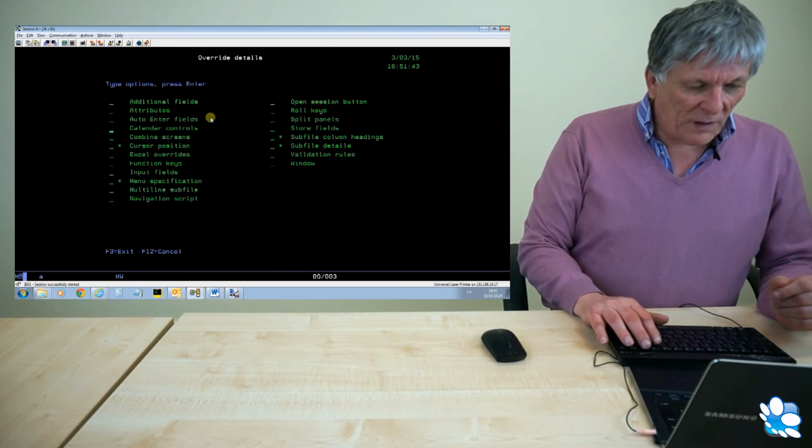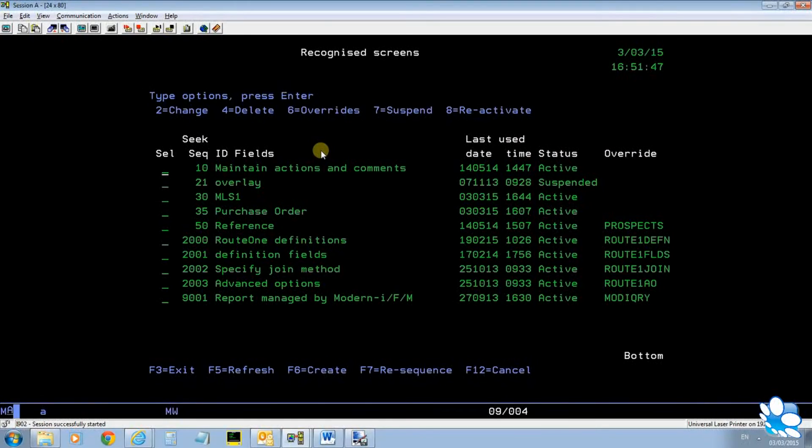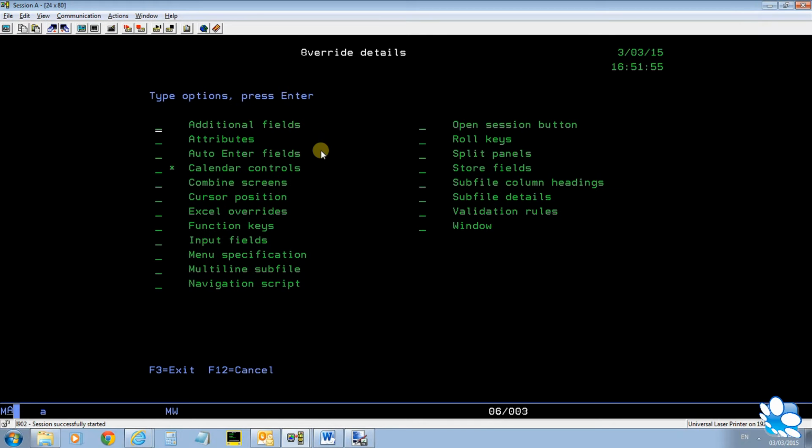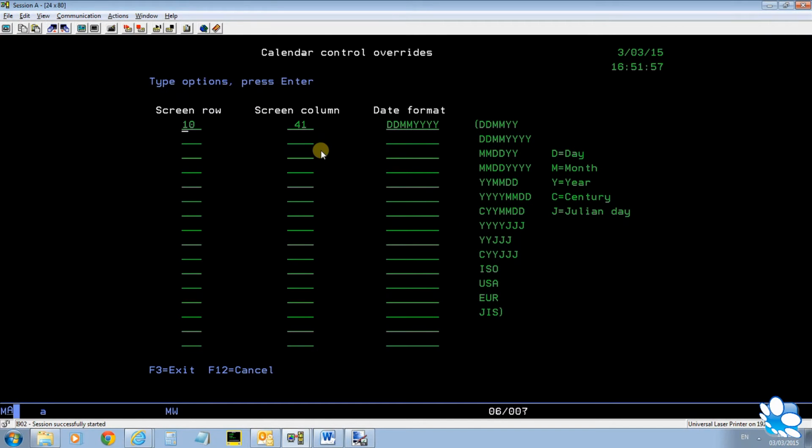Calendar controls is a good one. I'm actually going to show you an example of this now because I've done this in this purchase order screen. If I do overrides for purchase order and go into calendar controls, you can say, whenever you've got a date field on your underlying 5250 screen, I want to convert it into a calendar control. So I say at screen row 10, position 41, I want a calendar control